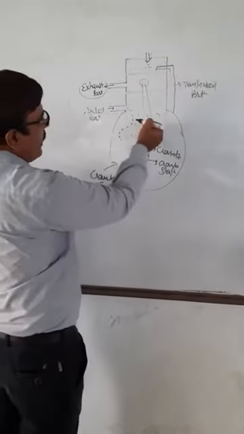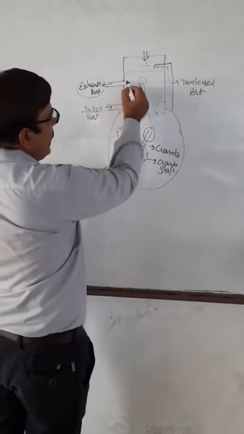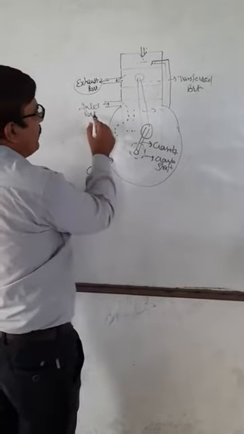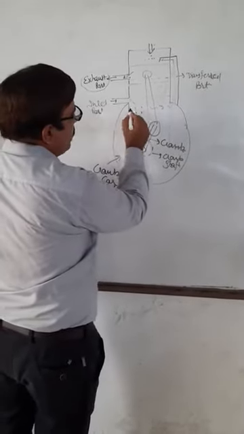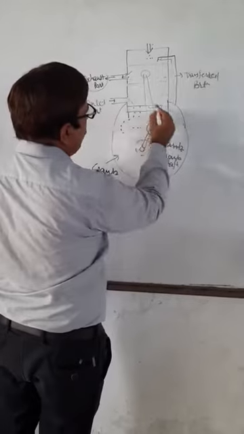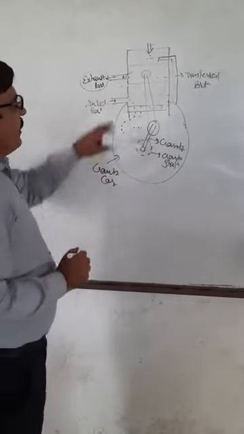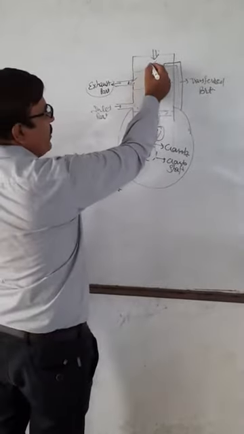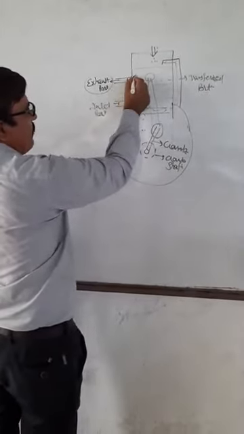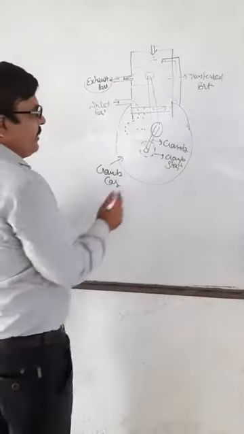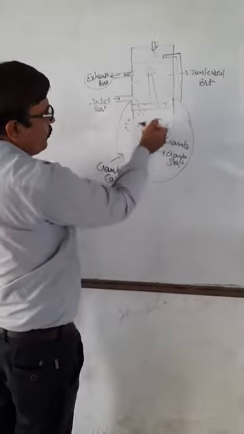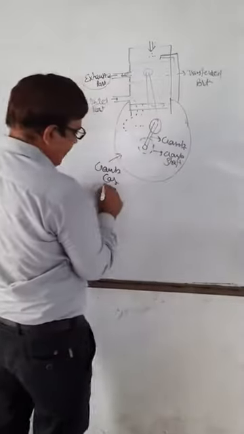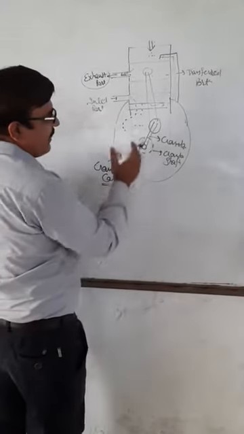When the piston is moving down side, when it reaches here, the exhaust port will be open and the inlet port will be closed. The inlet port will be closed when the piston is moving down. The burnt gases will flow to the atmosphere when the exhaust port is open. When the piston is moving down, it will compress the charge which is already present in the crankcase.